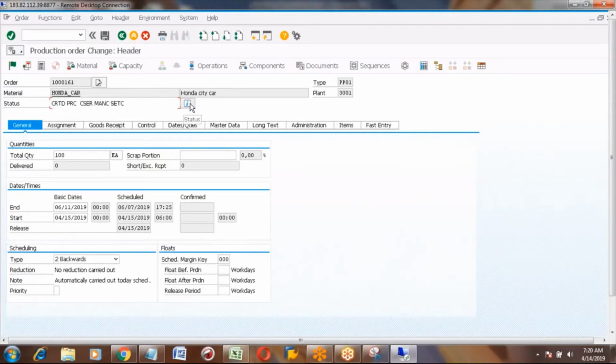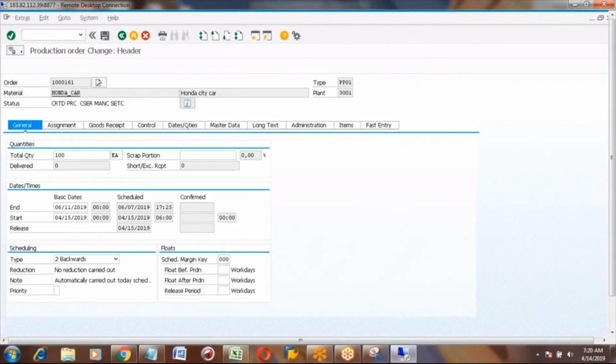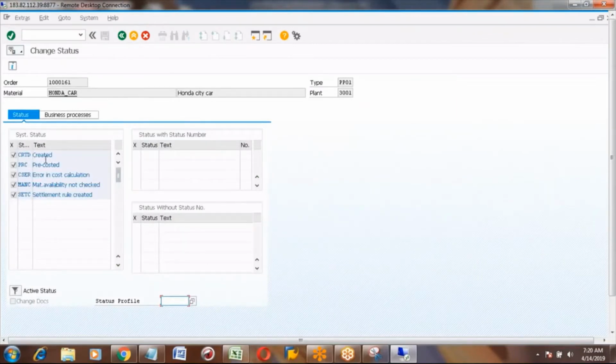Here you can see the code and the description. So we have not yet released; there is no status for release. That means this order is not released.